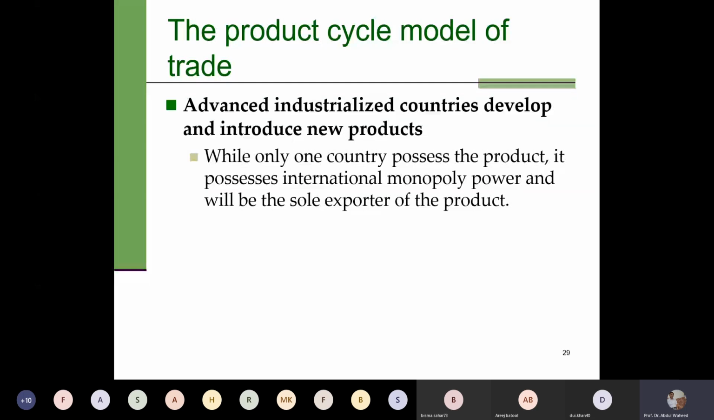So the country which produces the product possesses international monopoly power and will be the sole exporter of that product. Now once you have monopoly power, then you can be a price setter, no? They set the price, and normally you can see that products produced by advanced countries, mainly electronic products, initially have a very high price when they come in the market, and then gradually other countries also